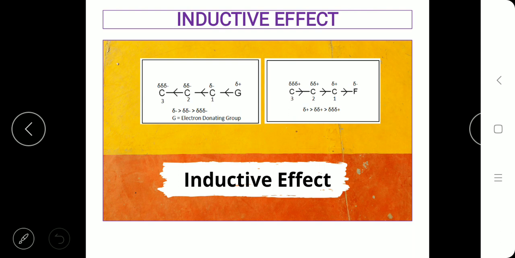And we know fluorine is a highly electronegative element. Highly electronegative elements always come under the category of minus I effect because they are highly electron withdrawing. Electron withdrawing species are usually more electronegative than carbon. That's why fluorine also falls under this category, as it belongs to group 17 in the periodic table, and it is highly electronegative in nature.